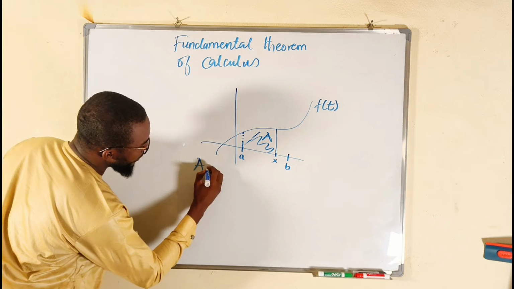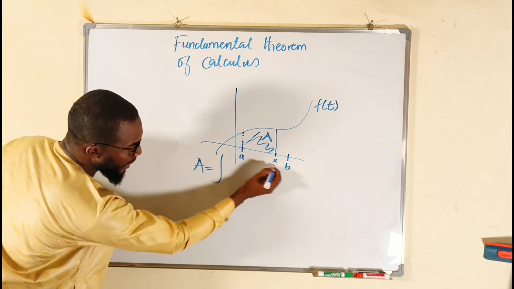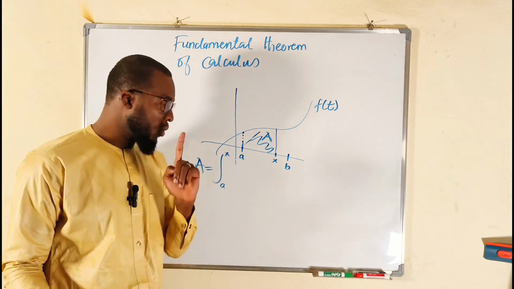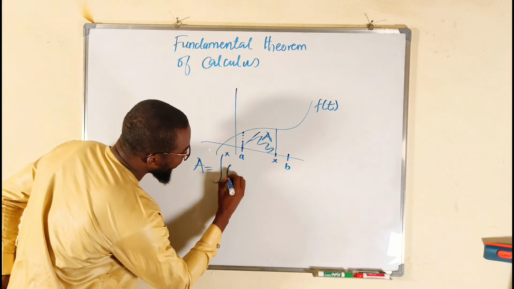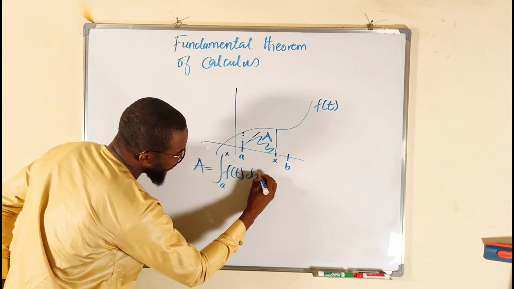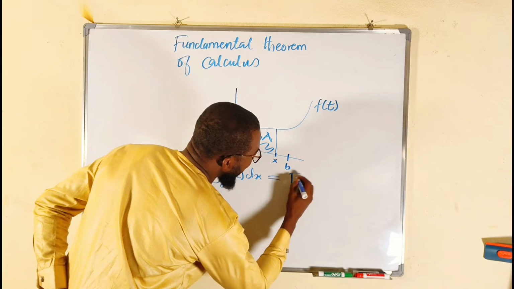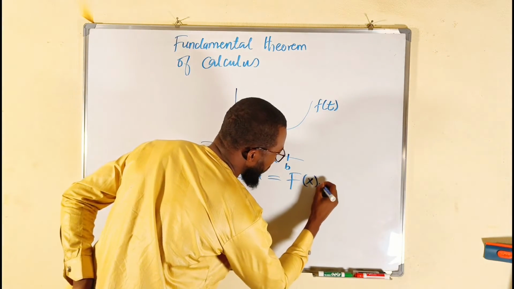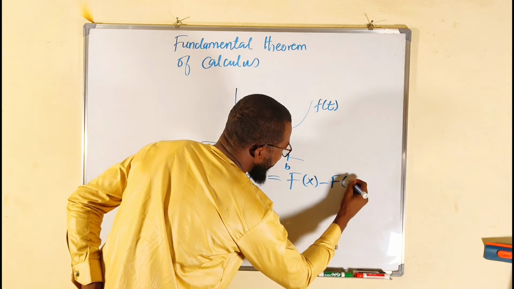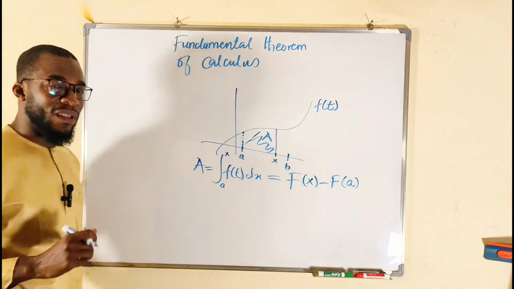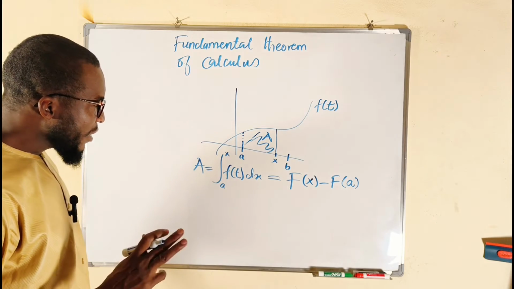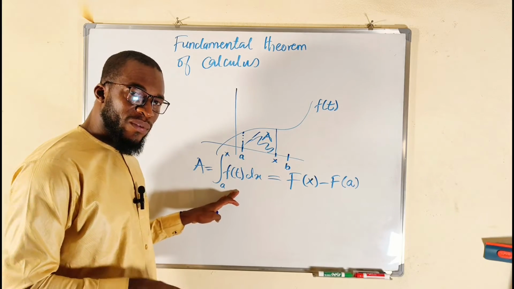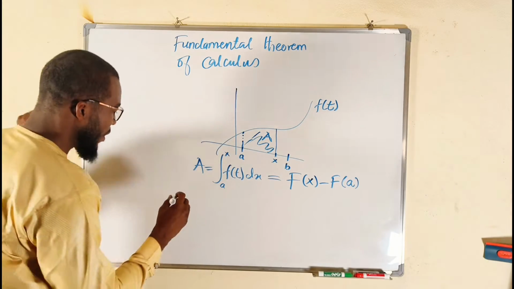This A right here is nothing but the integral from a to x, where a and b are constants but x is unknown, of the function f of t dt. This is equal to capital F of the upper limit x minus capital F of the lower limit a. As simple as that. Then the second theorem is all about the relationship between the antiderivative and the derivative itself, which